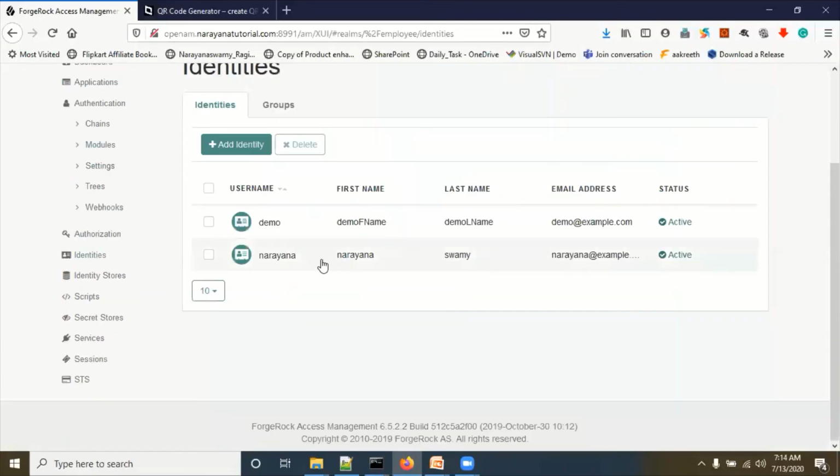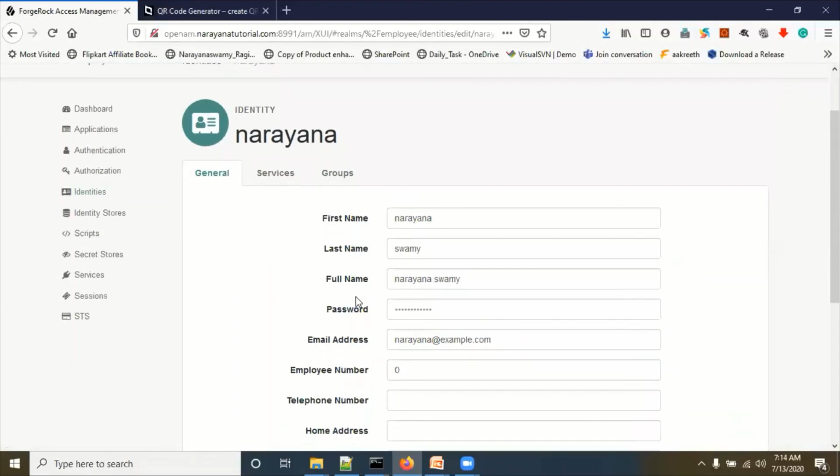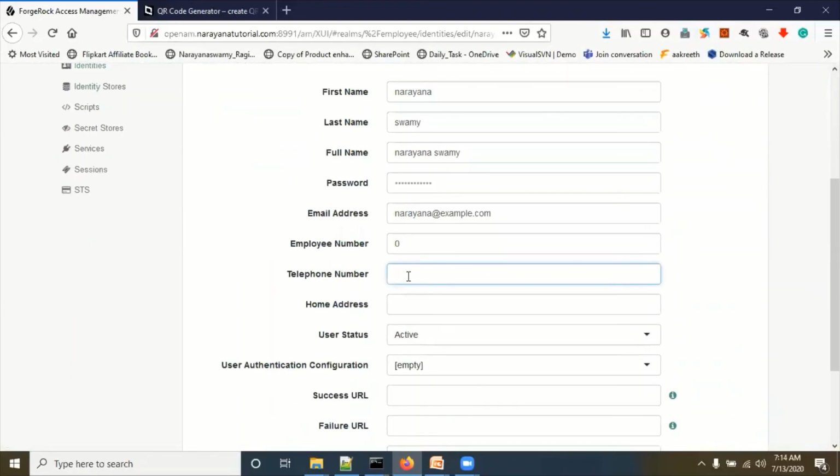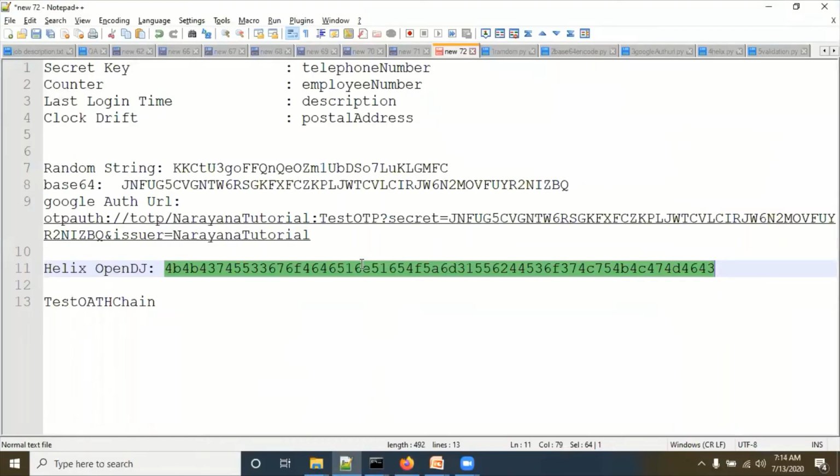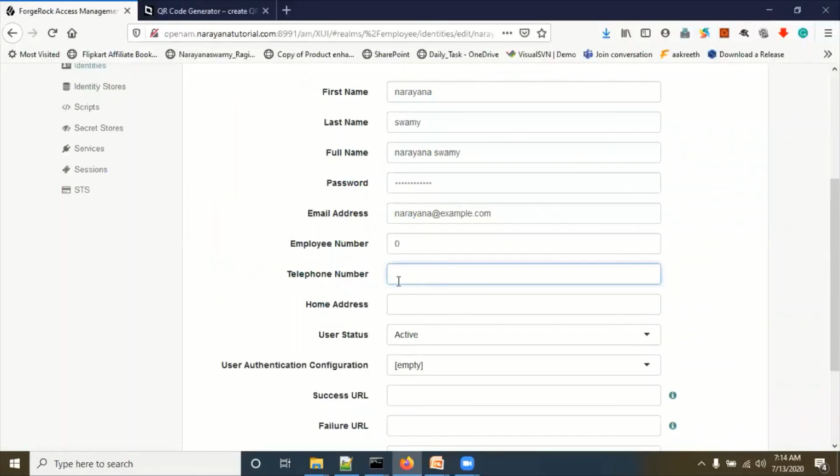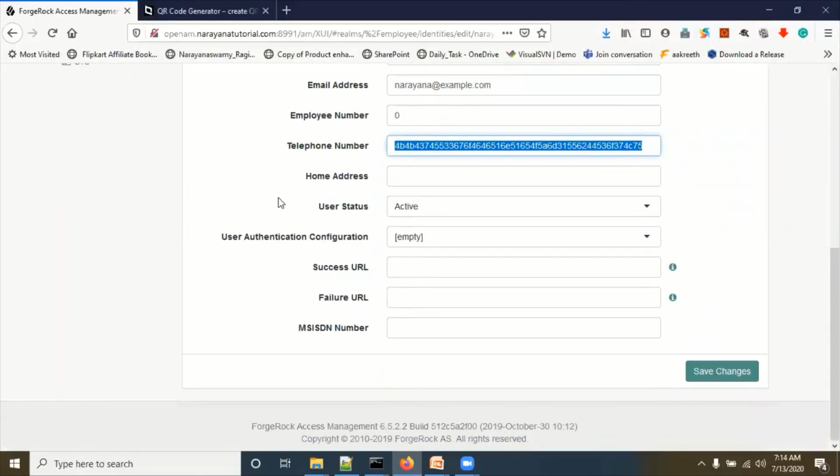Go to identities, go to Narayana. Here we have the telephone attribute. Here we have to give this Helix encrypted string. After pasting here, click on save changes.